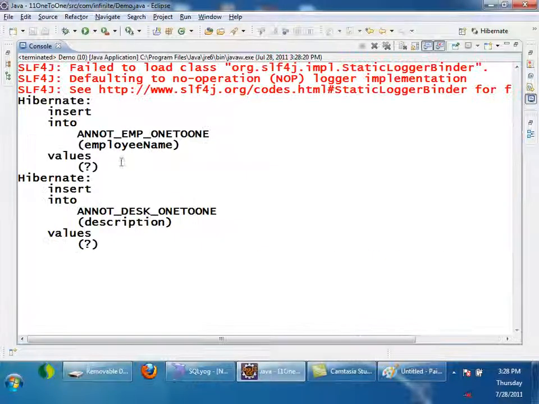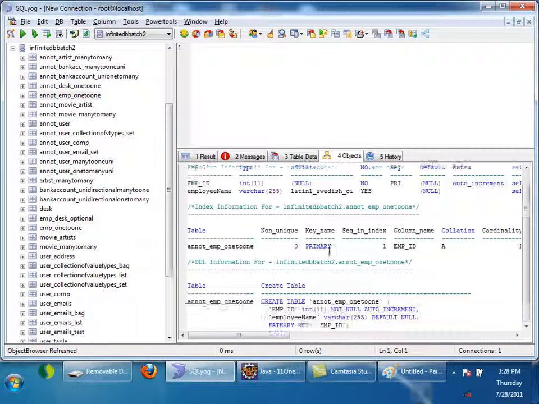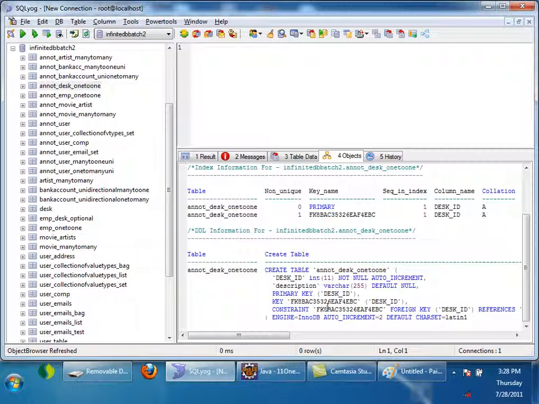Yeah, it is inserted. Let us see the tables first, whether the foreign key relationship is maintained or not. Annotation_employee. Employee is having two fields, employee ID, name, primary key is employee ID. Now coming to desk. Desk ID is the primary key and there is a constraint, foreign key.